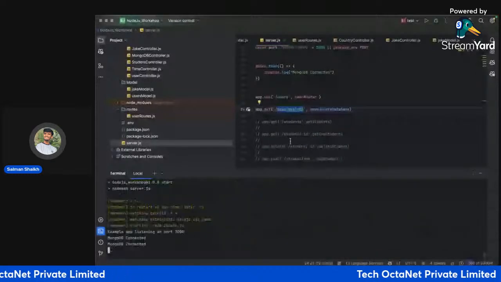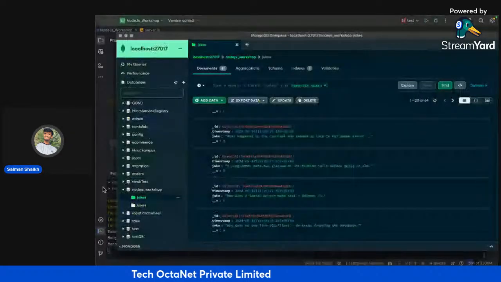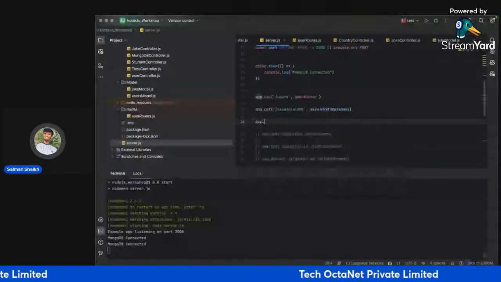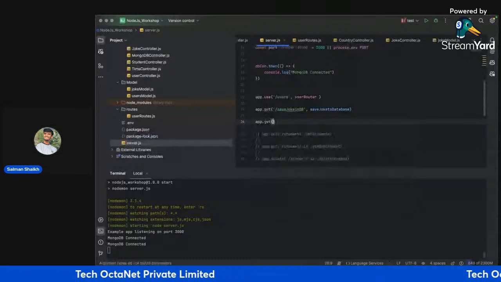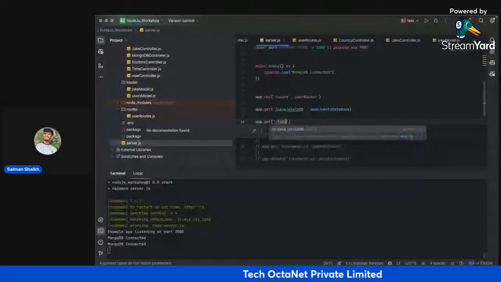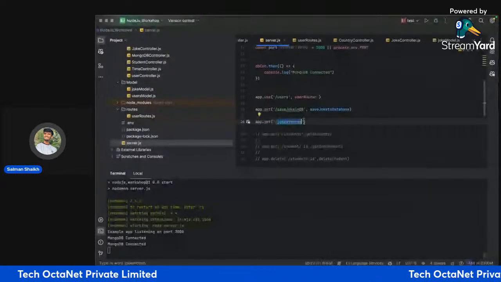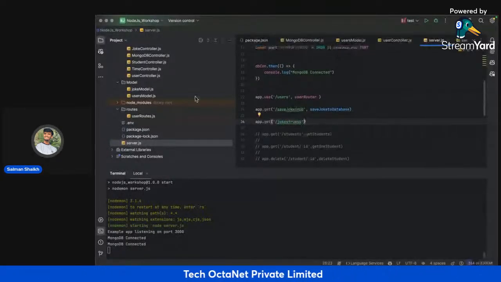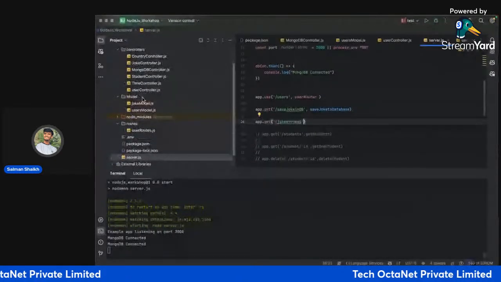Now, as we saved the jokes into the database, I want the jokes to get reflected again with an API. So we'll create an API with app.get, a route for jokes from DB. This route is going to retrieve the data from the database and show it on our client. You can see we are going to the joke controller, and we are going to create a